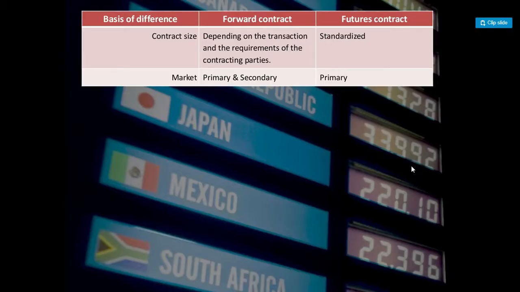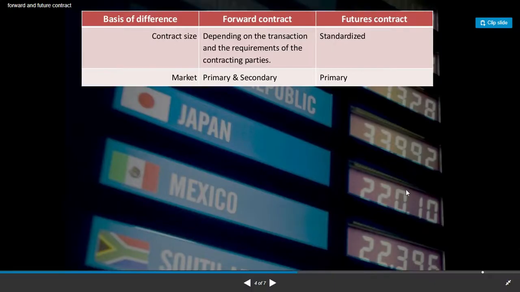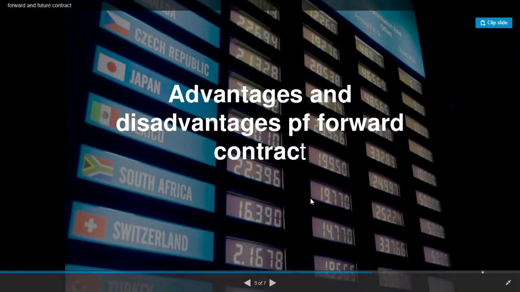Regarding price discovery, another point is price discovery. Whereas in a forward contract the prices are very poor, as markets are fragmented, in future contracts they are better, as they are traded on transparent exchanges, meaning they are traded on certain specified exchanges, so that everything will be clear and specified. So these are some of the points that need to be disclosed.